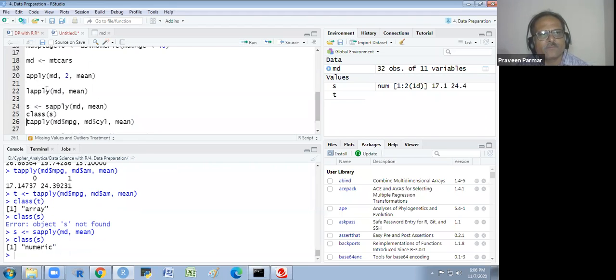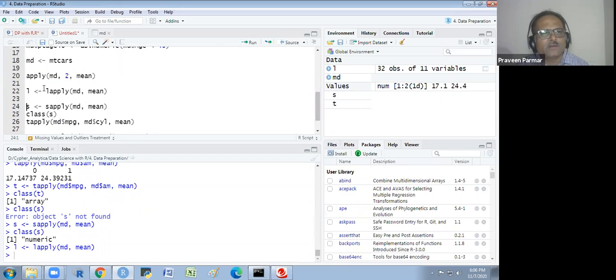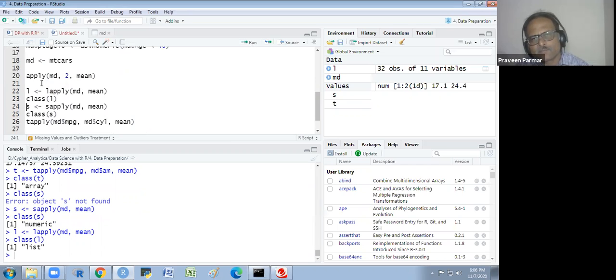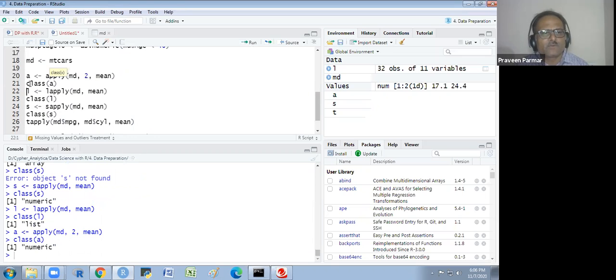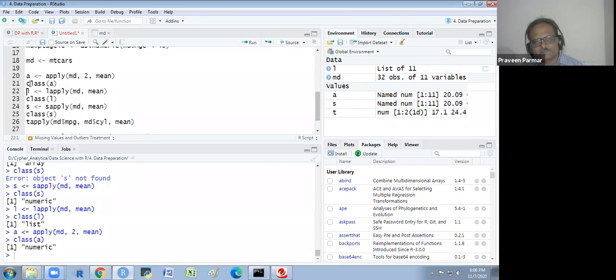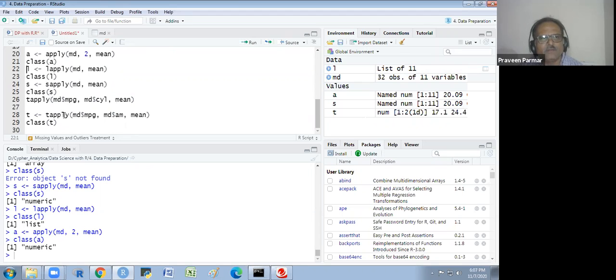It is a vector class. And for lapply, I just write L and I run it, and I show you the class of L. So it is a list class. And here I write A and I run it, and I will show you the class of A. We get the numeric class. Got it? So you could check it. Give an object name and check the class.